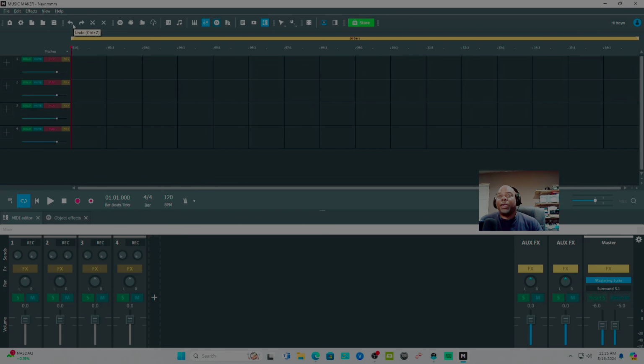If you get familiar with this top toolbar, it's gonna make everything so much easier. Undo, redo, cut, that's split, delete objects, loops. So if you want to use this as a loop making thing, it's just like Acid. I'm gonna show y'all in a minute. That's why I started on this video.